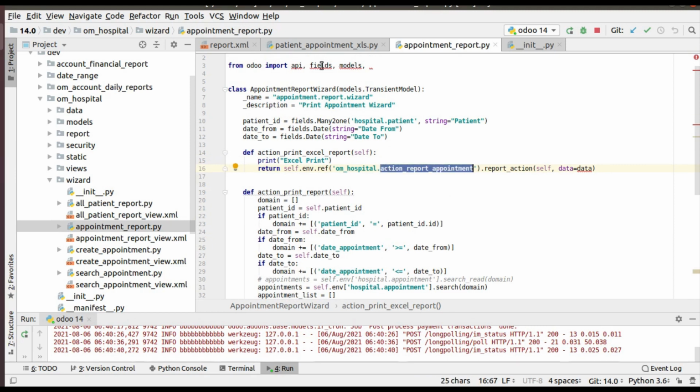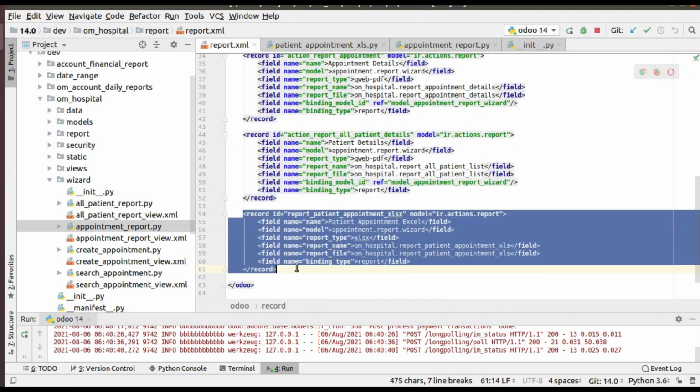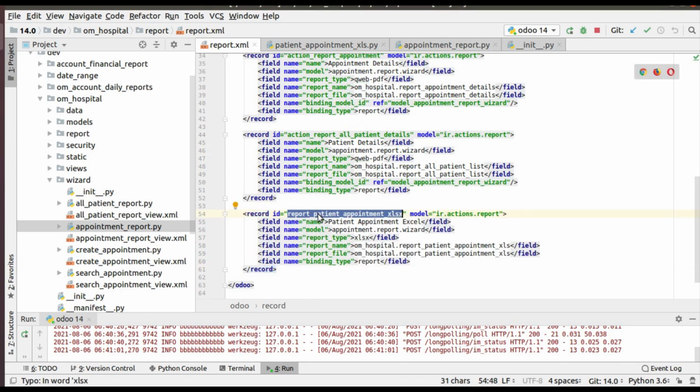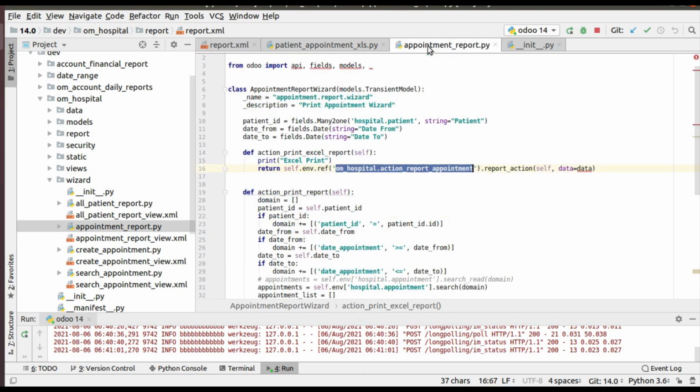Let me show you what I have to do. Here self.env.ref on hospital dot, you have to specify the ID of the report action. This is the report that we have to call, and its ID is report patient appointment XLS. So I'll copy that and put it here.